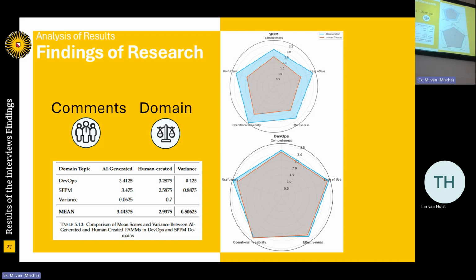That if I showed that one first, they would rate it higher than if I showed it last. And I could argue it is because people already have some kind of standard of how a focus area maturity model is supposed to be. Because I showed it last, people already have like, oh, I've got a high standard. If I showed it first, people don't have a standard yet. Recency effect. Yeah. Very much so.